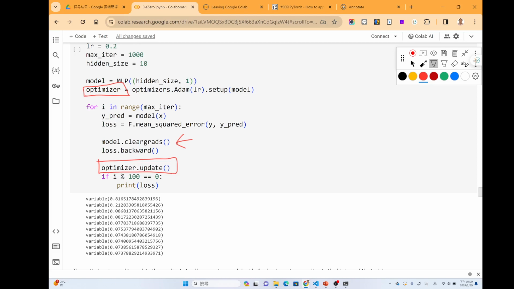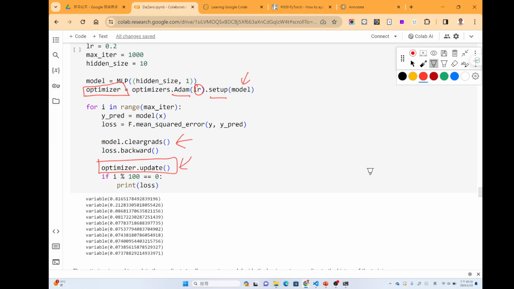In this example, we're using Adam as the optimizer, and we set the LR as its parameter. Then we call the setup function, which takes the model as input, so that the optimizer will know what parameters it needs to update.